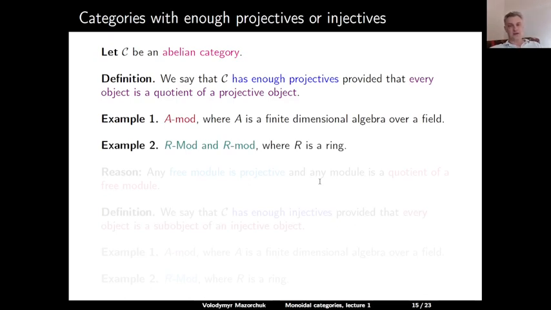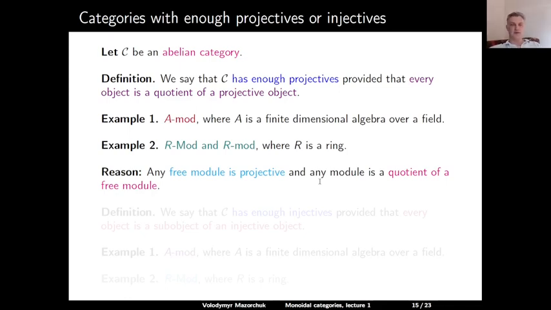Also, for any ring R, the category of all R modules or all finitely generated R modules has enough projectives. The point here is that any module is a quotient of a free module, and free modules are projectives because